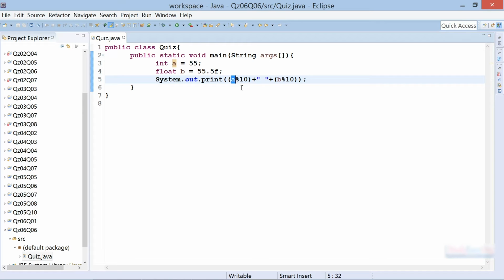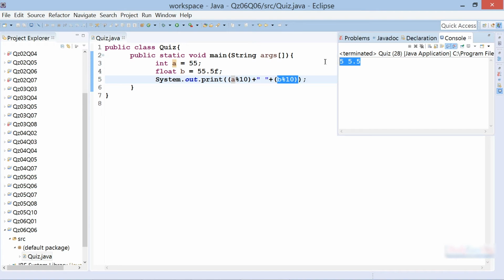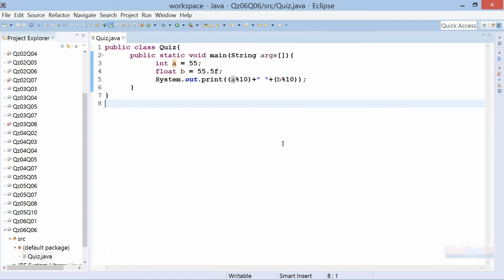So we will get 5 as the output for this operation, and then we will also perform yet another operation on 55.5, and again we will divide 55.5 with 10, so the remainder would be 5.5. So let me show you the output, and here is the output. So pretty simple and easy to understand program, but definitely the modulus operator is an interesting and useful operator in